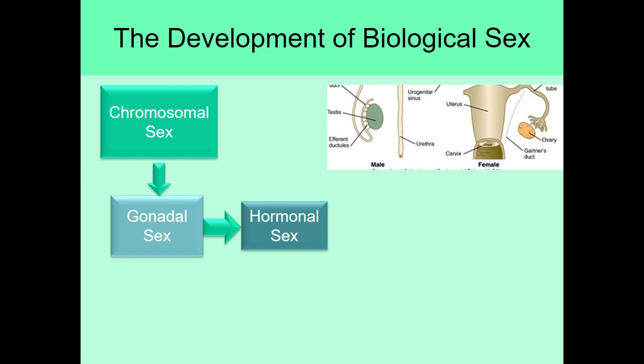Okay. So what does gonadal sex do? It leads to our hormonal sex. So by making either testes or ovaries, that's going to set this person up for exposure to testosterone once they reach puberty, or exposure to, well, the absence of testosterone, and then ultimately the exposure to estrogen and progesterone that'll come out of the ovaries. So the presence of testes throughout the rest of pregnancy and then again at puberty is going to cause the